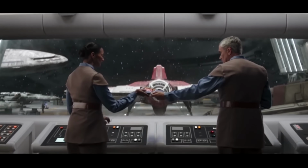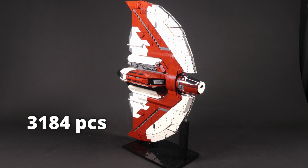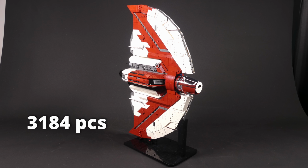repairs or cleanups. This model uses 3,184 pieces together with a black stand, and the pieces will cost you around